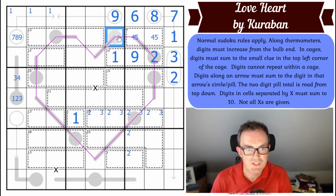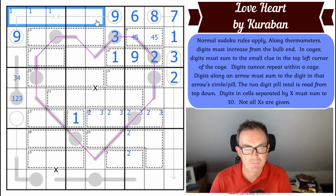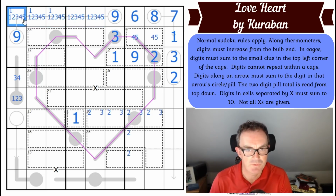Beautiful. What's this digit? Given these two have to add to 12, this has to be a 3, 4 or a 5, and it can't be a 4 or a 5, so it's a 3. This is a 9. Now this is interesting because we know what the double digit is. If you think about what cells we've got to choose from here, we know this is a 1, 2, 3, 4, 5 triple, which adds to 15,